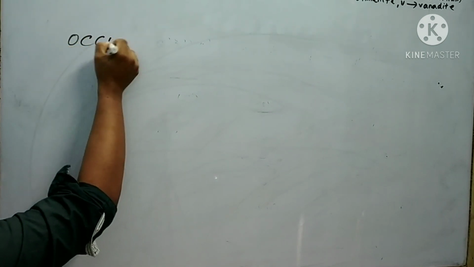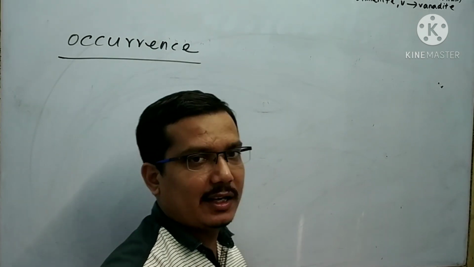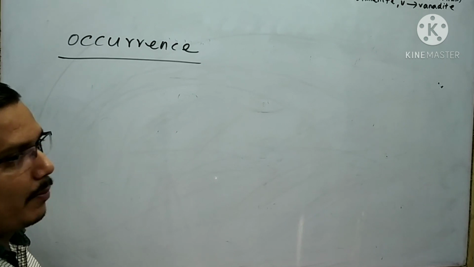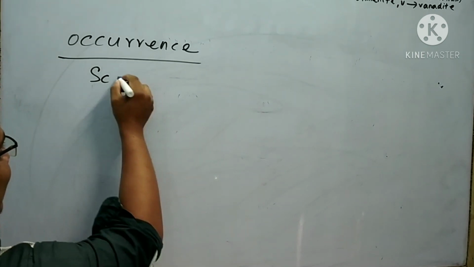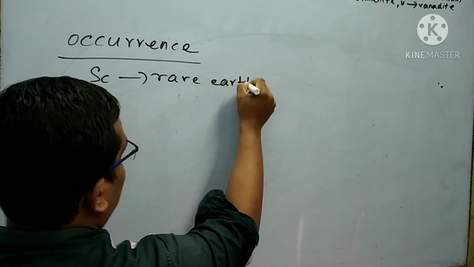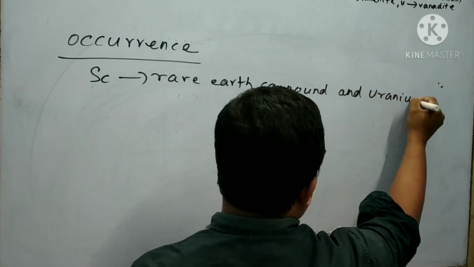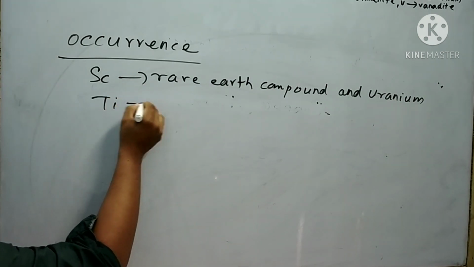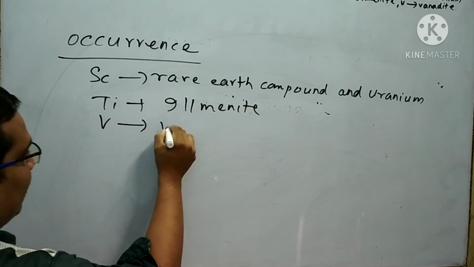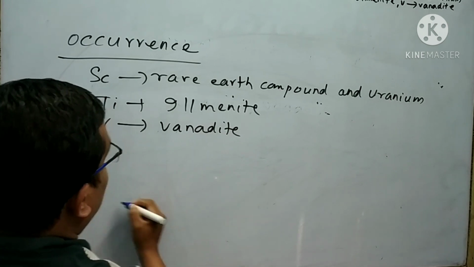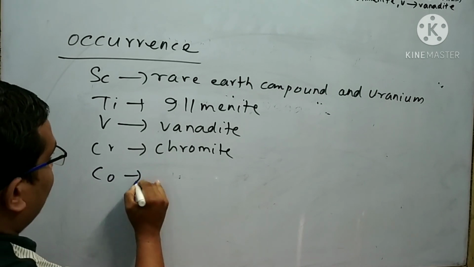Next, I will explain about the occurrence of transition metal atoms. Basically, the first transition element, scandium, is generally found in rare earth compounds and uranium. Similarly, titanium is found in ilmenite, vanadium is found in vanadite, chromium is found in chromite. Similarly, cobalt is found in